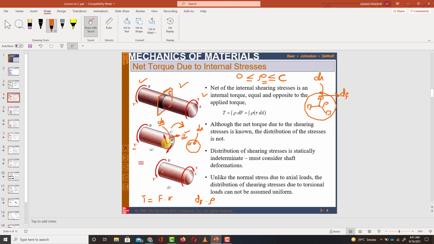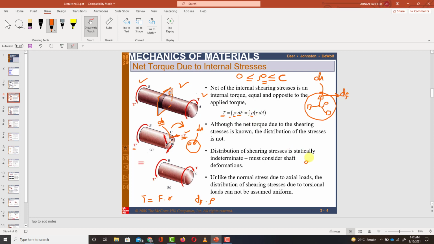Similarly, in order to find the net torque due to these small areas under the differential shear force, we can write this equation: net torque is equal to the integral, and integral means the sum of all the torques applied on this surface. Clear? So dF into rho is the torque for this one area only, but if you integrate it, you are taking the net torque on the whole area. So torque will be equal to the integral of rho